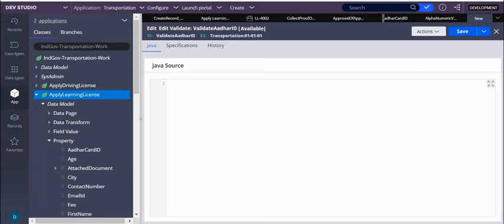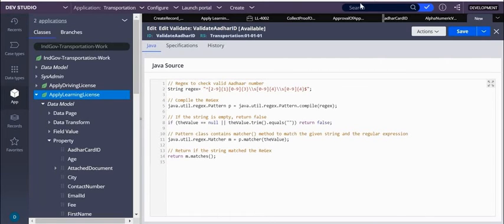And now here you need to write Java code. So paste the Java code here. Basically, when you are going to check the patterns in Java, we have a util package called regex, for regular expression. You have it here. So this is what the Java code looks like. Whatever pattern you are looking for should be in this way. What is this? This is a regular expression.